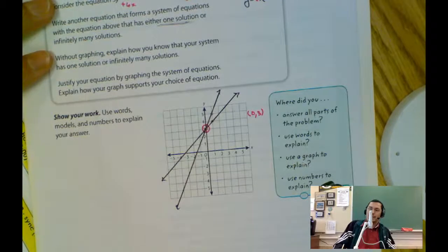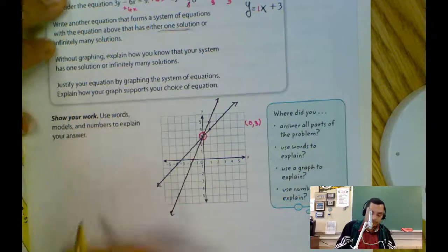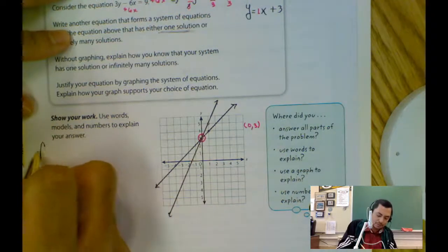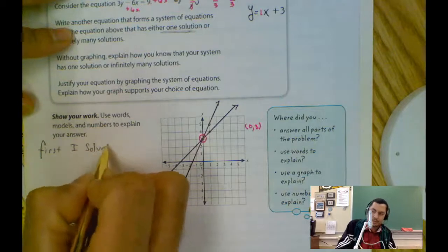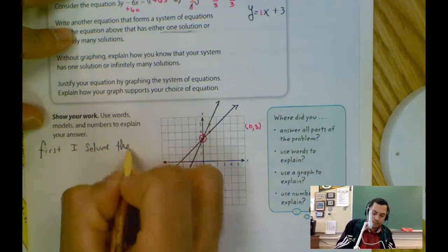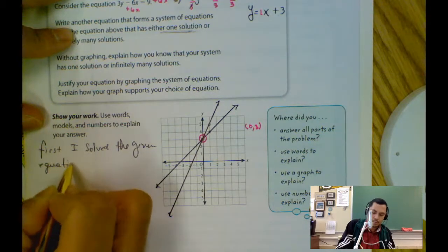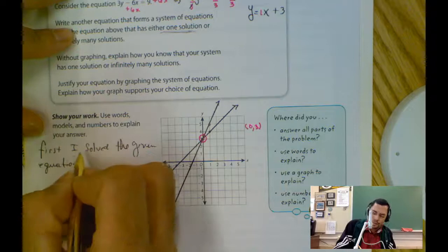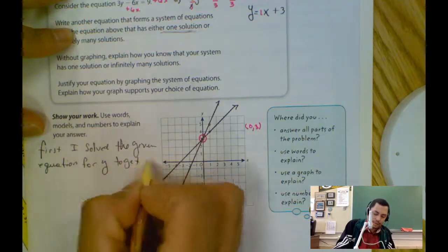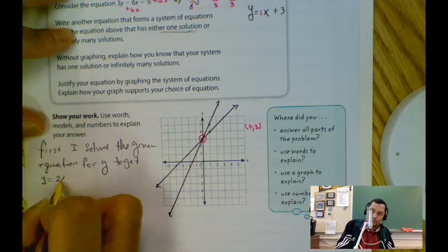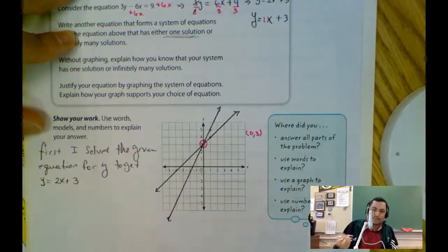Now in this case, what I did, okay, you need to show your work, use words, models, and numbers to explain your answer. So in this case, first, I solved the given equation for y to get y equals 2x plus 3. That was the first step that I did. Then for the system that has one solution,